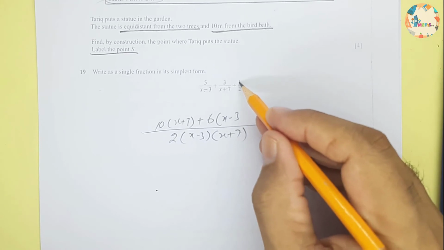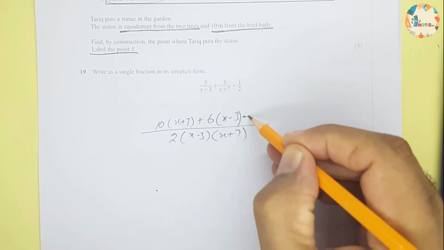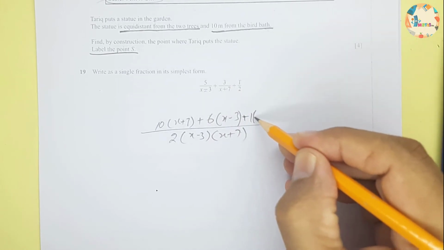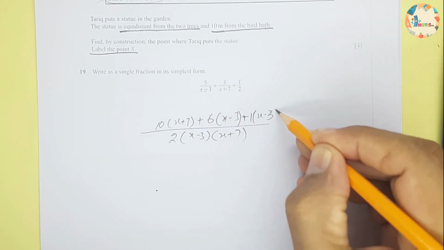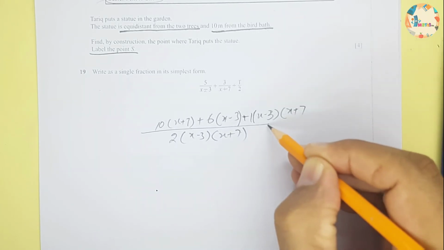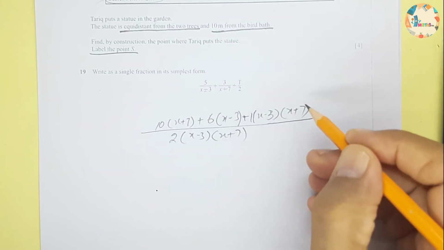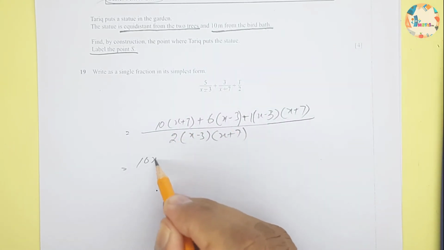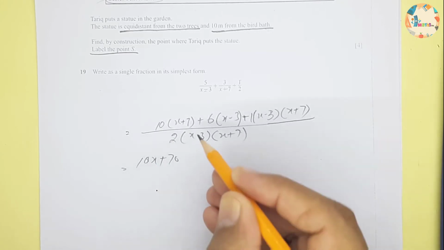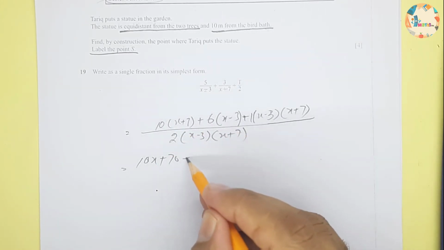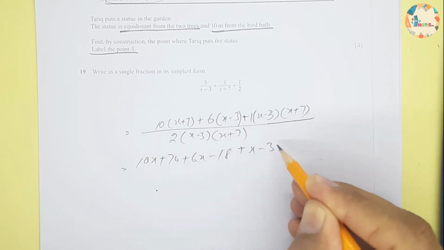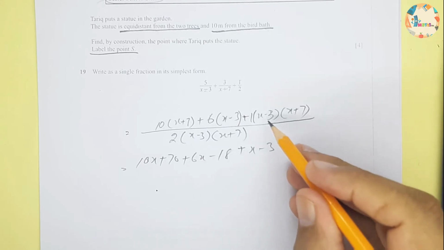And for this one, we will be writing 1 and these two. So these two mean x minus 3 and x plus 7. So this will be our equation. Now we can open the brackets. So this will be 10x plus 70. When we multiply this, then plus 6x minus 18 and plus x minus 3, and basically this will be multiplied by this,